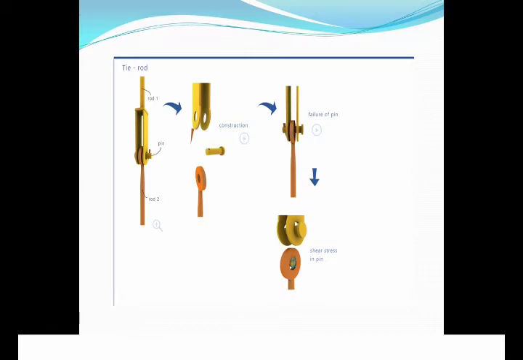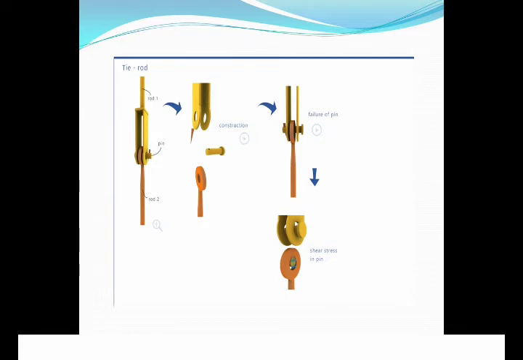Now this is an example of a tie rod. What is the application of a tie rod? Many applications are there. You might have seen the construction of a brake when it is attached to a bicycle or a two-wheeler. In that we get the pin, and rod 2 is nothing but a cable, held with the help of a pin in a fixture made of rod 1. So that is a simple construction. Here we can see where the failure will occur.